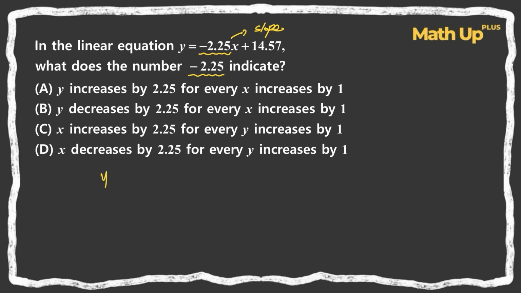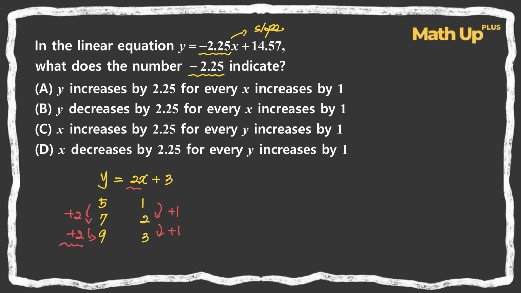Let's say we have the equation y is equal to 2x plus 3. If x is 1, the value of y is 5. If x is 2, y is 7; 3, 9, right? So as x increases by 1, y always increases by 2, right? This value is equal to slope, which means as x increases by 1, y always increases by the value of